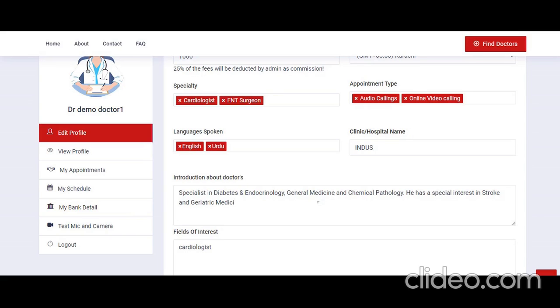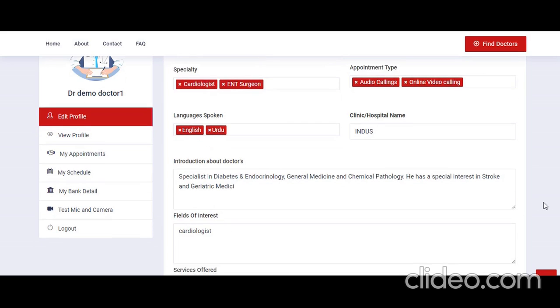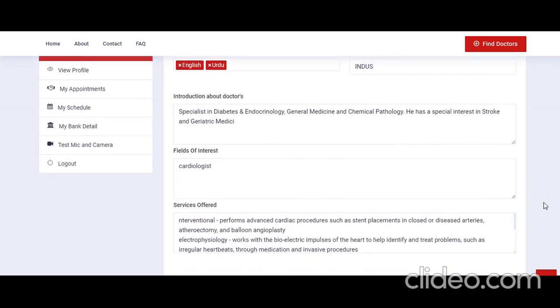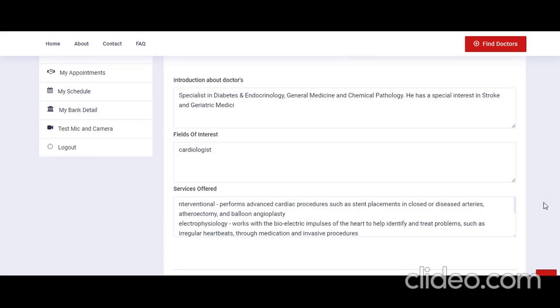Introduction about the doctor. In this you can introduce yourself, what specialties you are in, and your role. Secondly, field of interest. You write your field of interest. As I wrote cardiologist, you can write more than one, like ENT surgeon and many more, child specialist.